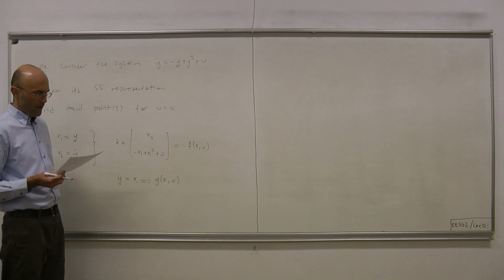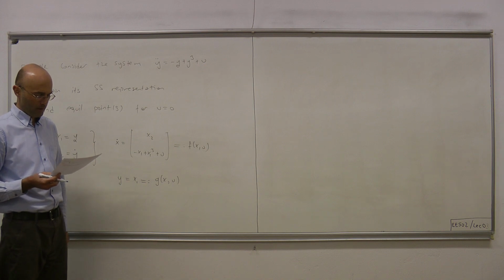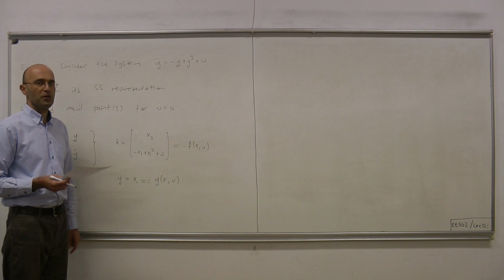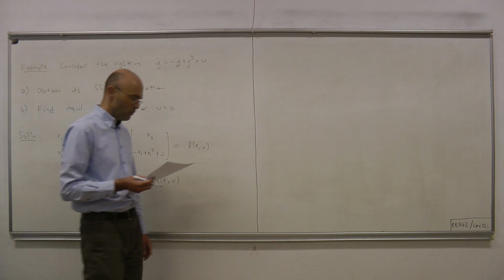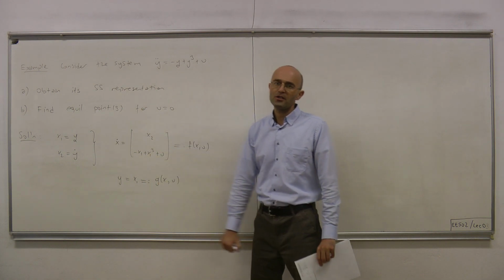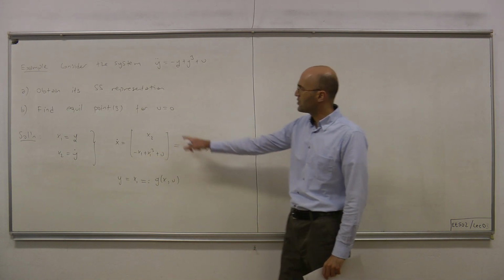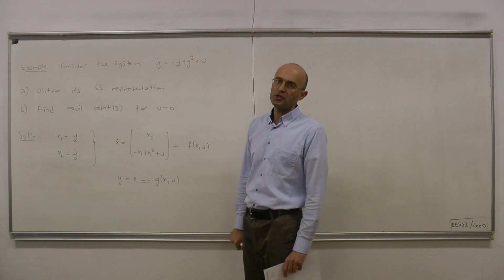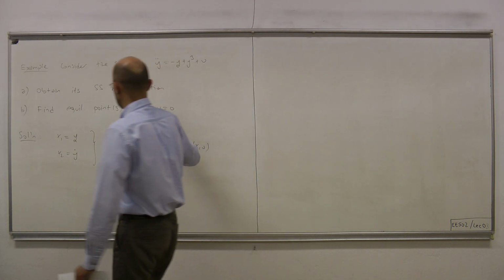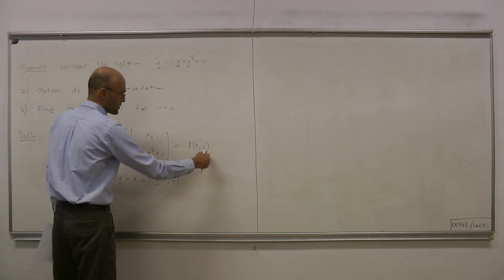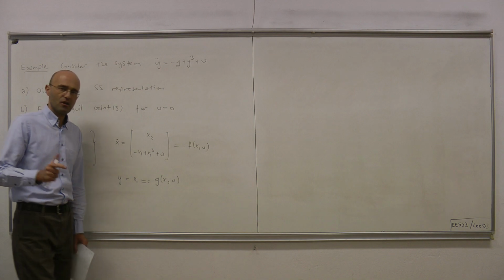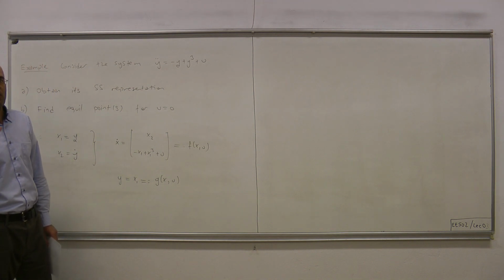Okay, now we have the state space representation: x dot equals f of x, u, and the output y equals g of x, u. Now we can move on to part B and figure out the equilibrium points. We set u to 0 because that is given. Then once u is set to 0, we have f of x comma 0. So our system is x dot equals f of x comma 0, and the equilibrium points for that system are